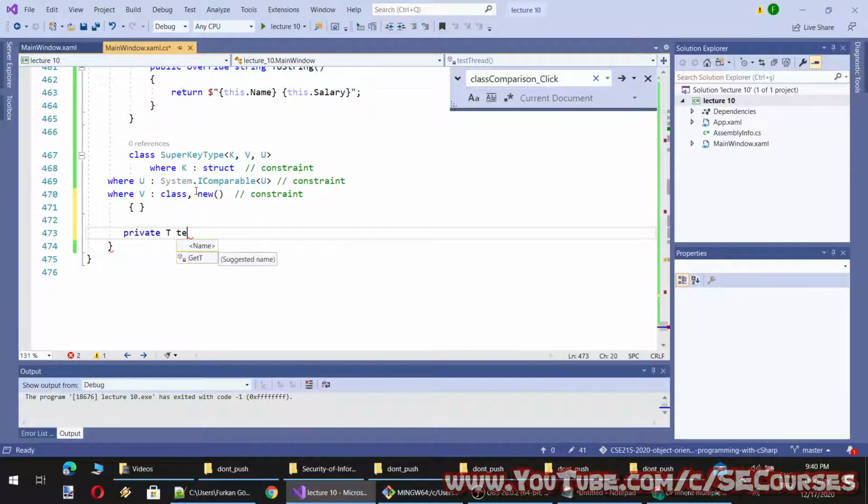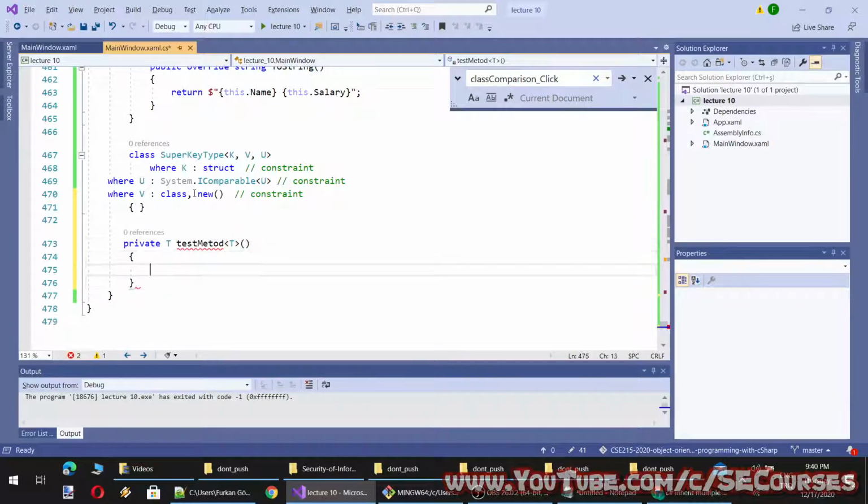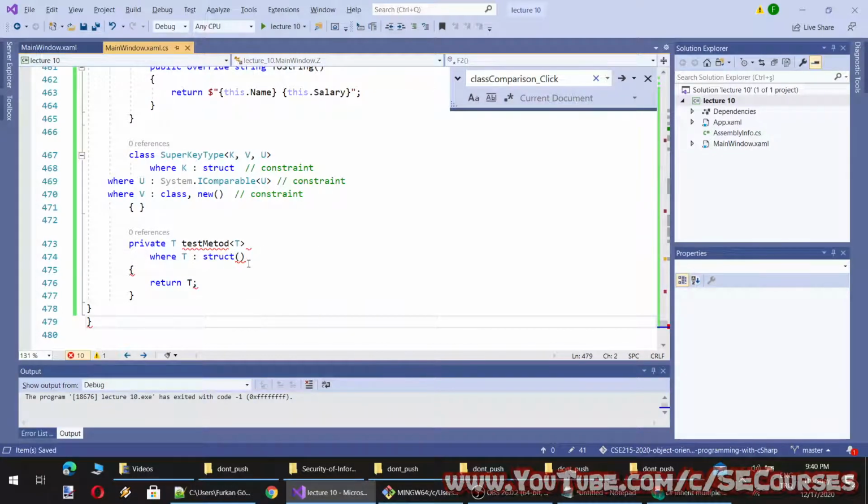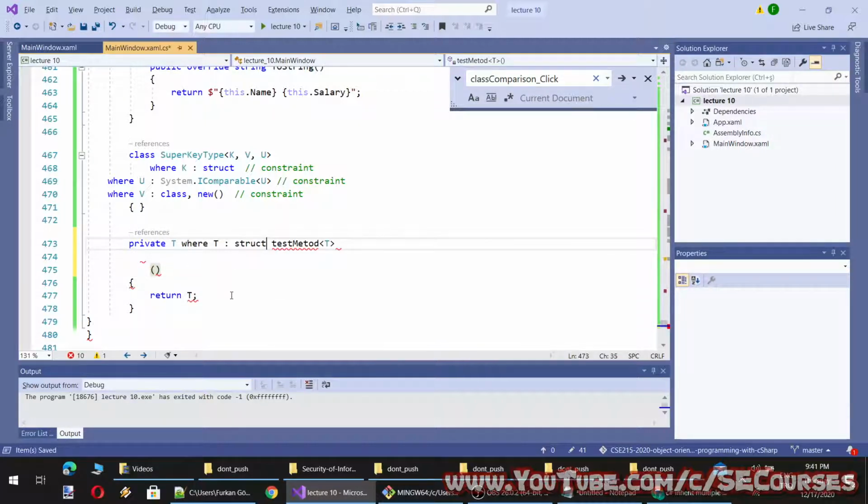So a private T test method which takes a parameter as T and returns T, and here I will try to put a constraint where T is a struct. Maybe we need to put it here.